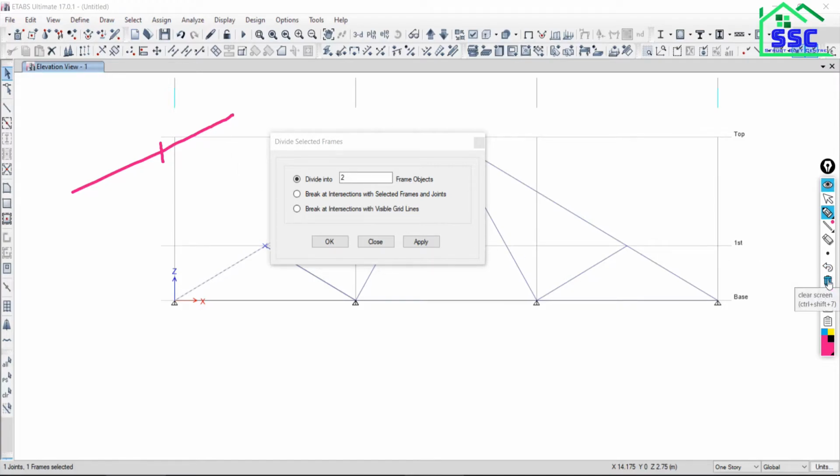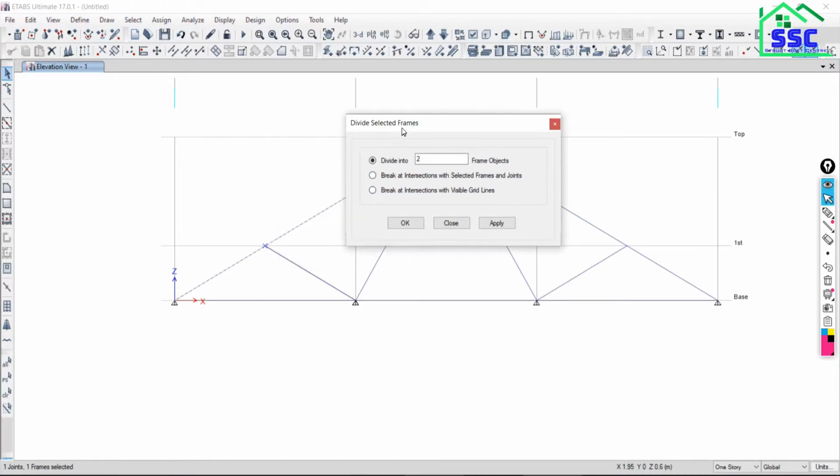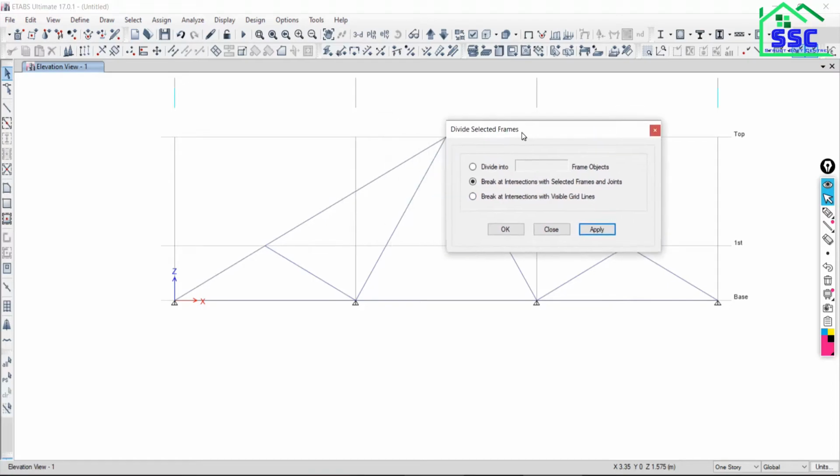Here I want to divide the frame at the intersection point. To do that you go with the second option, say Apply. Now you can see this separate element. Is that clear? Hello?